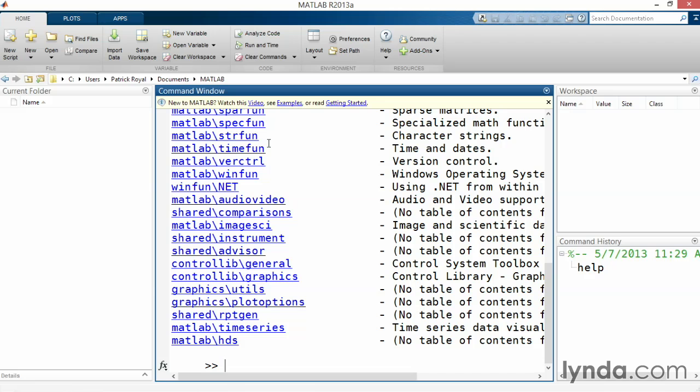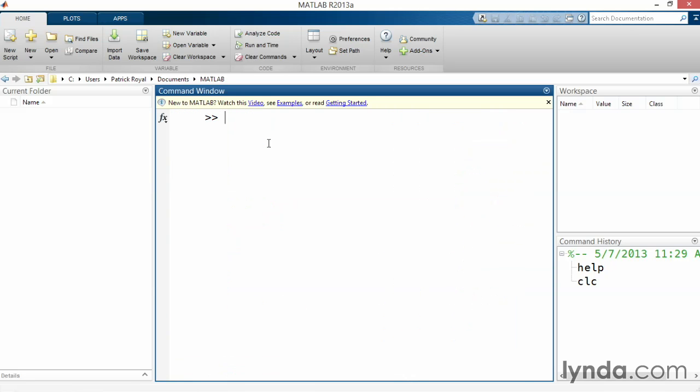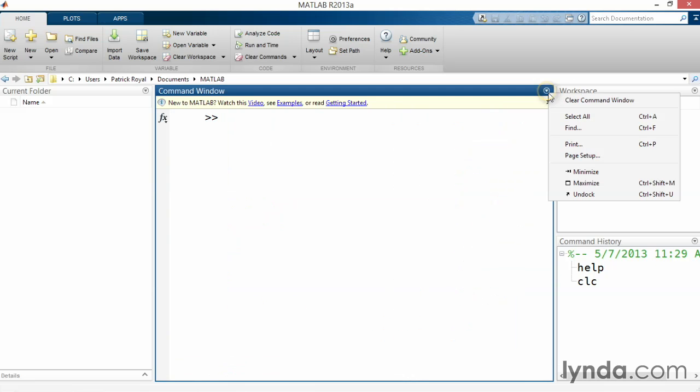Technically, the command window has all of the same functions as the script editor, so it is possible to write programs directly on this line. In practice, though, you'll probably want something that you can save, edit, and run multiple times. At any time, if the command window gets too cluttered for your liking, you can clear it by typing CLC and pressing enter, or by clicking on the drop-down arrow in the top right corner of the tile and choosing